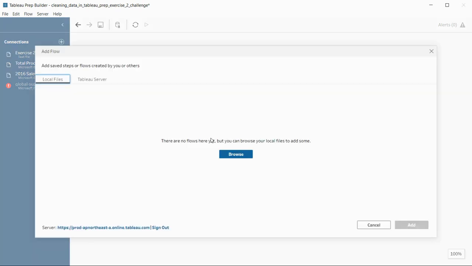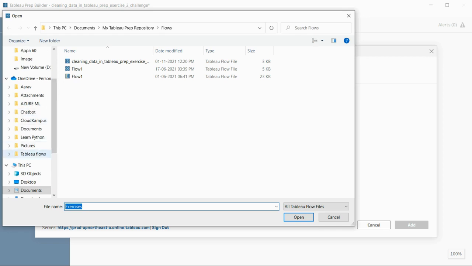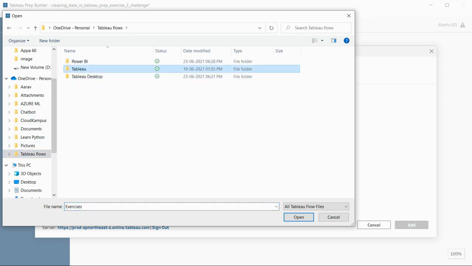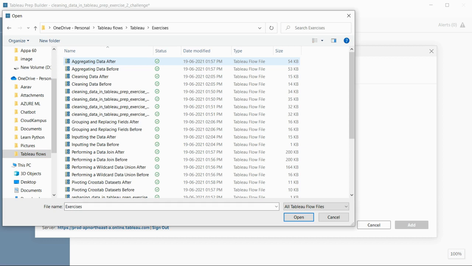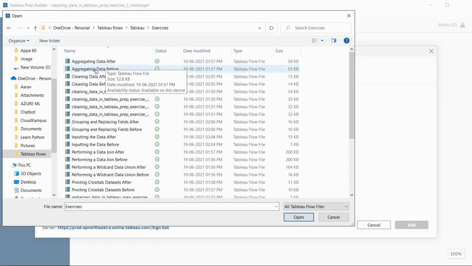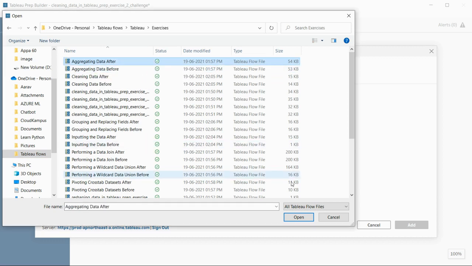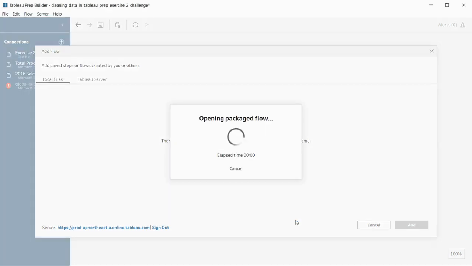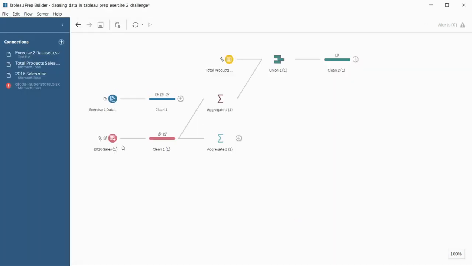So you can simply use insert flow and browse any flow which you have saved anywhere. Now I'm just selecting an aggregate data flow here. If I click open, you can see that the aggregate data is open here, where we are just adding the flow to the existing flow.